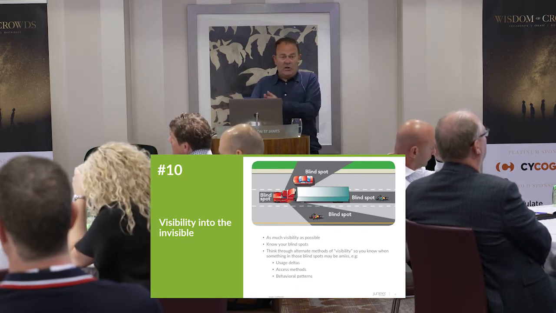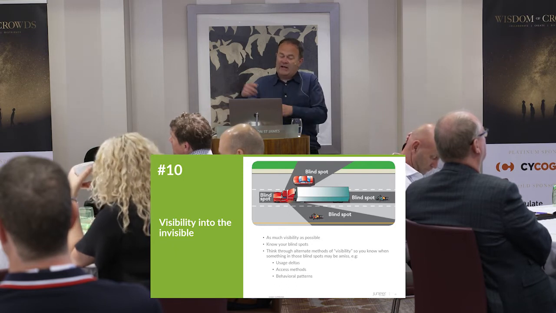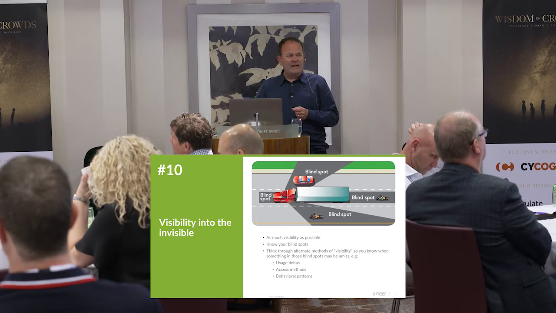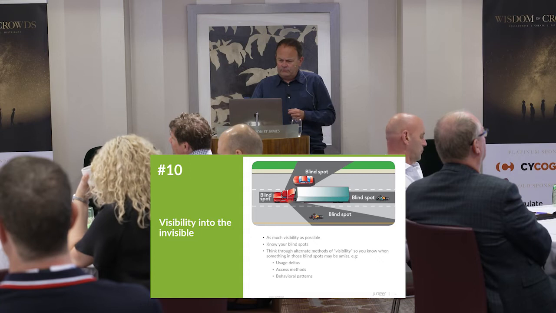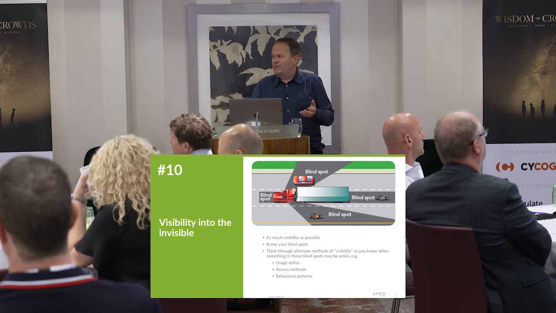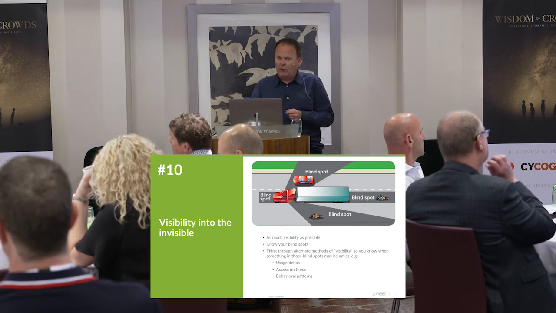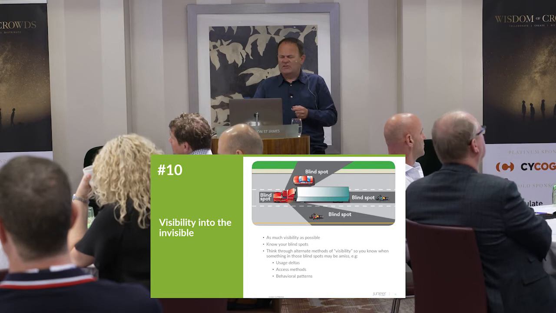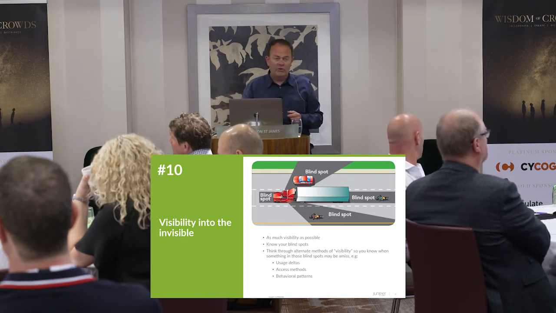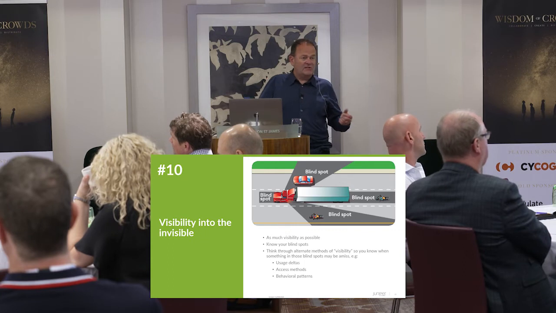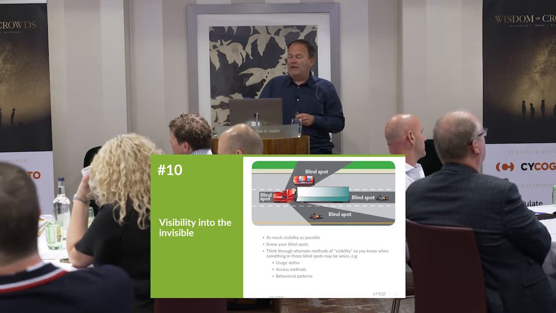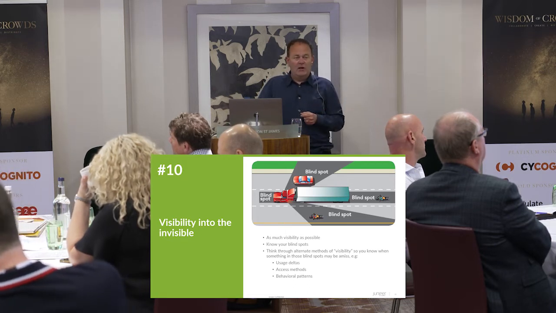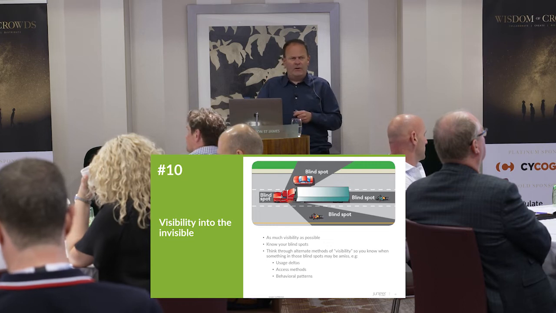You need to firstly know what those blind spots are, and then secondly, think about methods that enable you to be able to see into them. Maybe if it's on the network, then what you're thinking about is, okay, is there usage information that I can see, ups and downs on the network, or how are people actually getting at that data, and is there something that's not happening there that's unusual that I wouldn't normally see? I could use analysis to actually look at behavioral patterns of access. So if I'm suddenly seeing people coming in or devices connecting at times that are unusual, is there something happening there that I wouldn't expect?